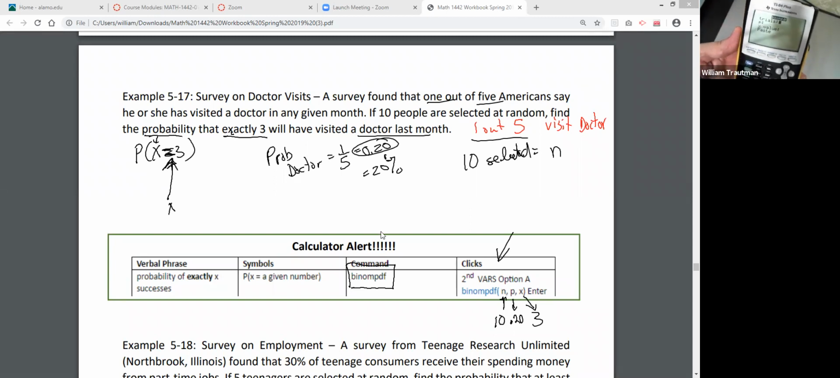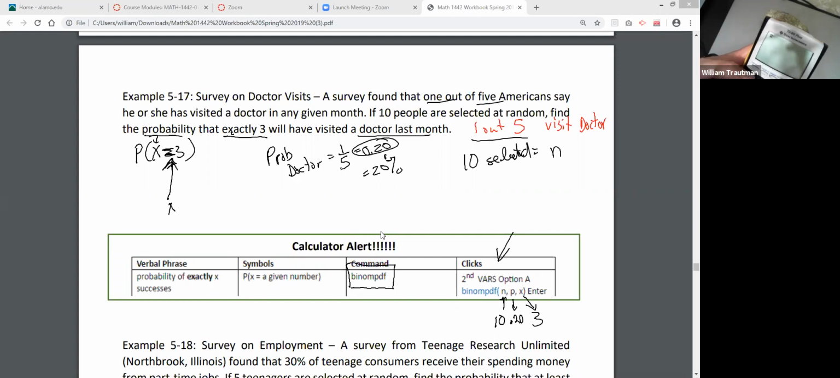The number of trials, there are 10 people doing this trial. The probability of a success, we said, was 1 out of 5. You can put 1 divided by 5, or you can put 0.20. And we want to know exactly 3. So Binomial Pdf is exactly 3. When I hit enter and enter, oh, I typed in the wrong, I'm not supposed to have